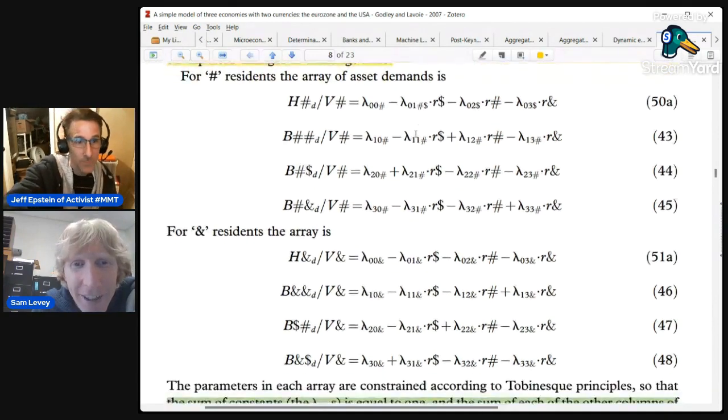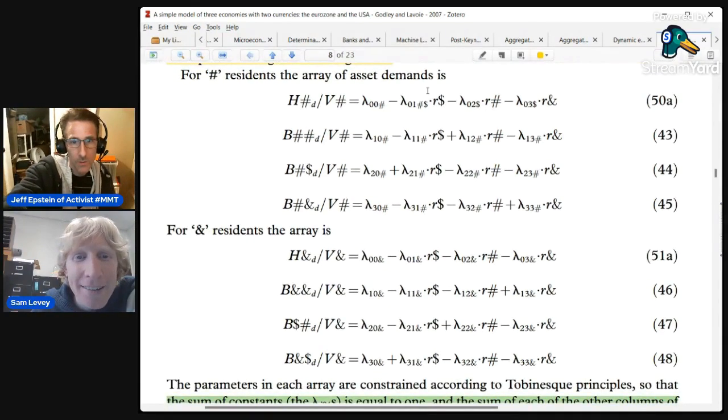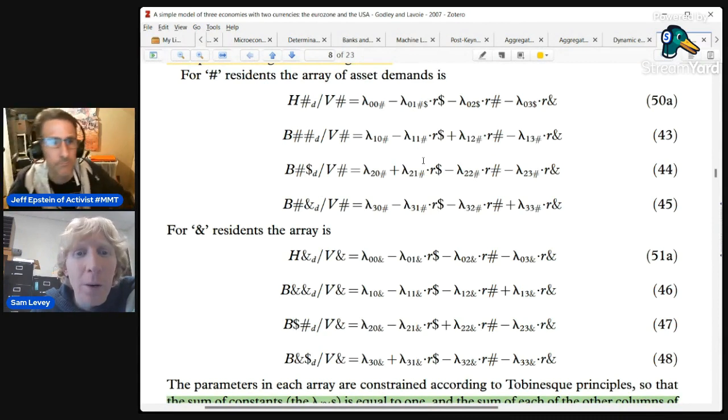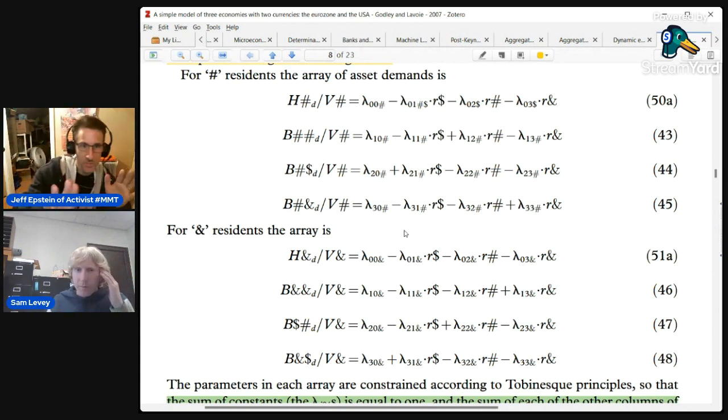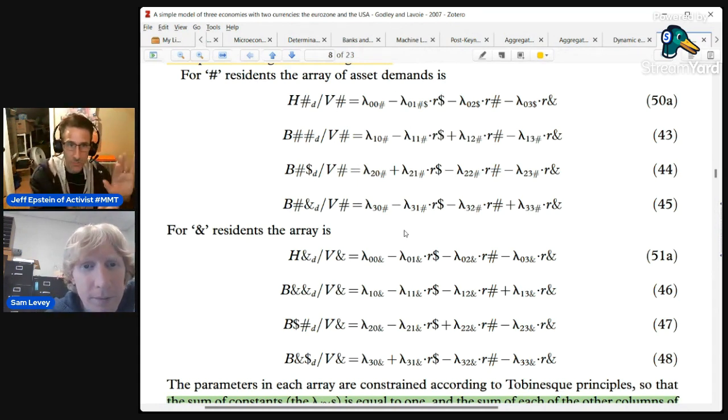But the important thing is that the columns of the table add to 0, because this column has to add to 1. These columns already add to 1. And so after you factor this in, if the dollar interest rate changes, one of these is going to get bigger, the others have to get smaller, but it has to happen in such a way that they still add to 1 at the end, which means the columns have to add to 0. Okay, so the coefficients themselves, taking away the addition and minus signs, could add up to anything. I think that's right.